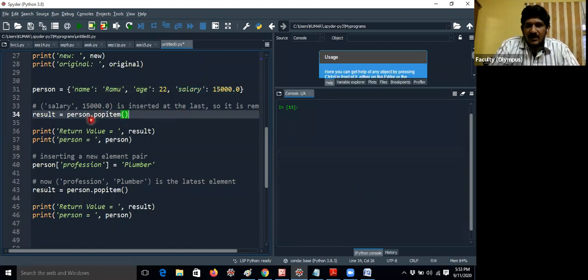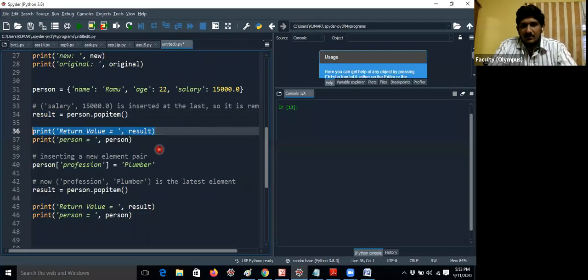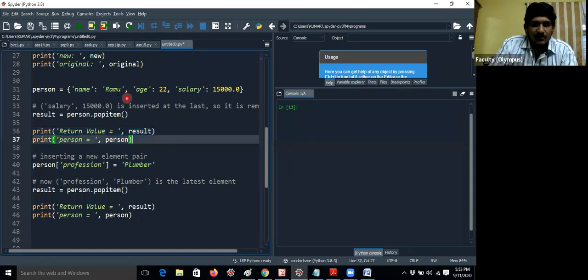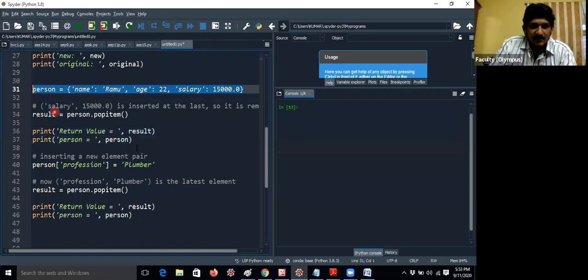Now whenever you use popitem, that item will be deleted and stored in result. So the return value, whatever value is deleted, I'm returning here. I would like to print that value, and print the dictionary also at the same time. Salary will be automatically deleted, and name Ramu, age 22 will be displayed on the output screen.